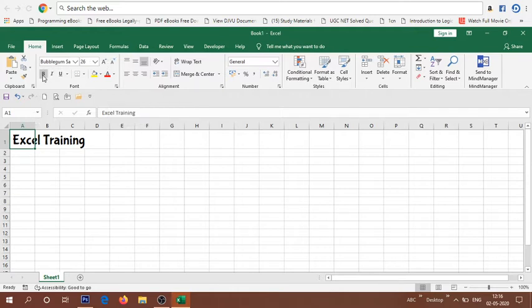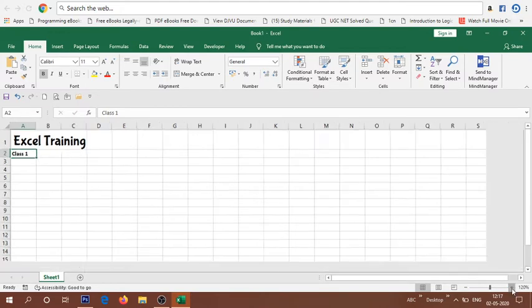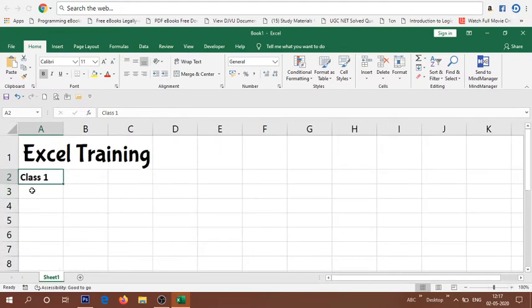Then below, we have bold. What is this bold? Suppose I type here class 1. Similarly, some content I have typed, class 1. I want to make it highlighted, so I'll make it bold. Now you can see the text has changed to bold. If you cannot see it, you can zoom the sheet here, but the default zoom is 100%. Let me zoom in a bit. Okay, now you can see. Here if I disable bold, it will be normal, regular. If I make it bold, the letters will become thick.